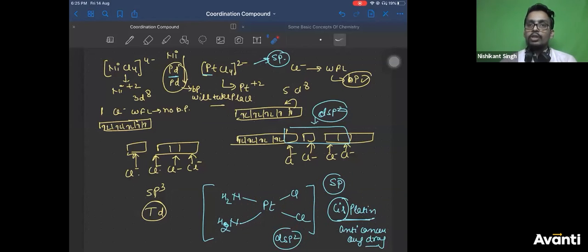Remember that. So in short, as you go down the group, the tendency of back pairing increases, or delta O also increases. Keep this point in your mind. It was there in the assignment also. Yes, Basavraj. Keep these points in your mind. Yes, is that clear, everyone? So this is all I want to tell you about CFSE. Now I will move ahead.